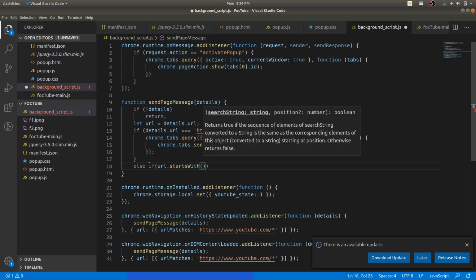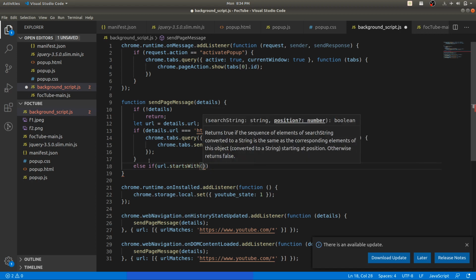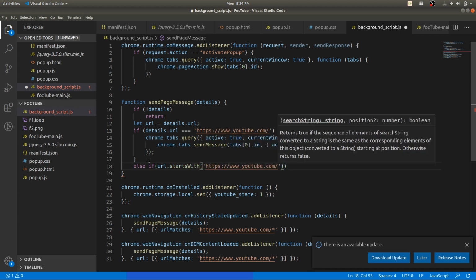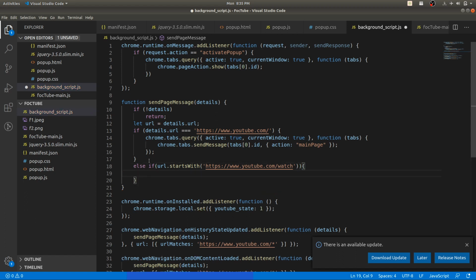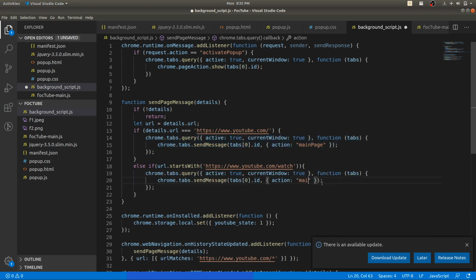Otherwise, how does the video page start? The video page URL starts with youtube.com/watch, and after that it can have the video ID or something like that.